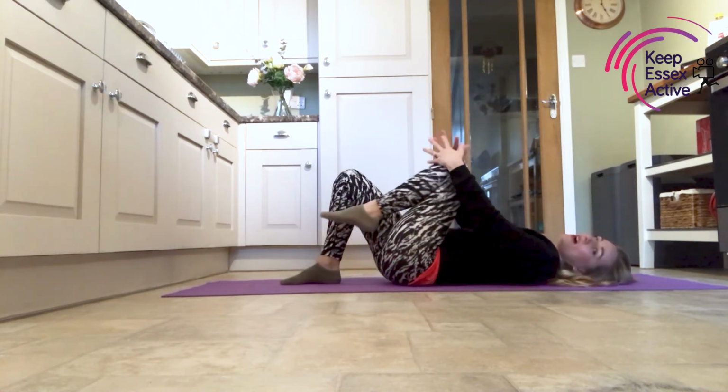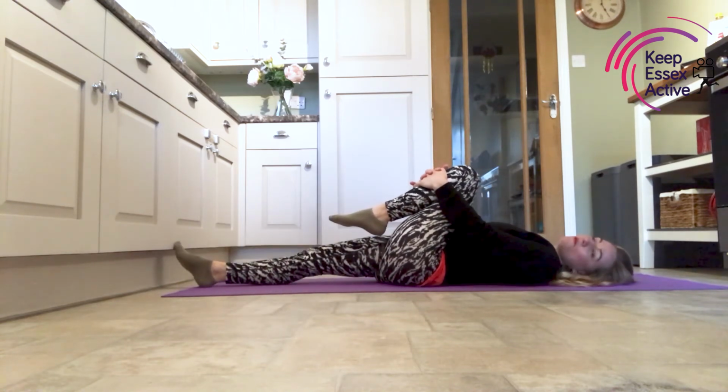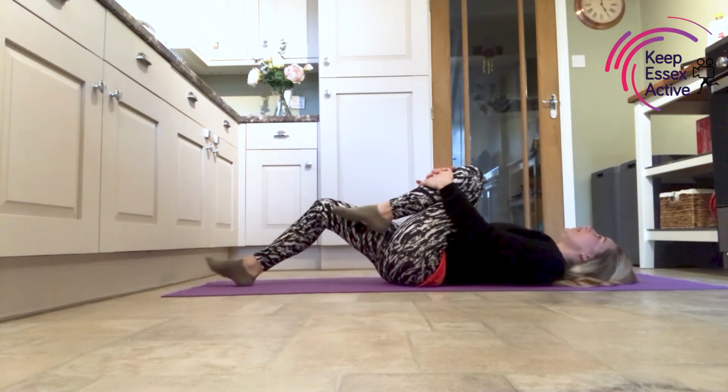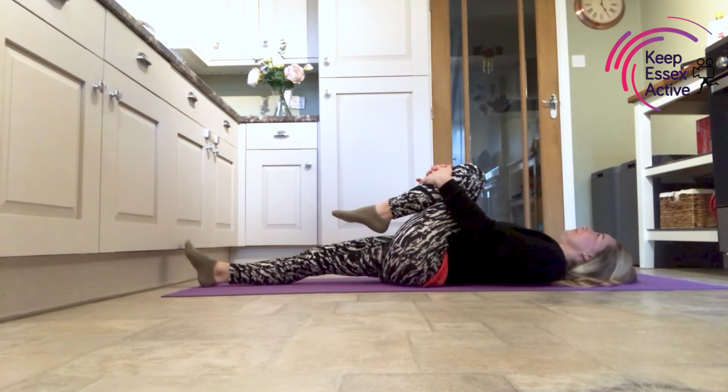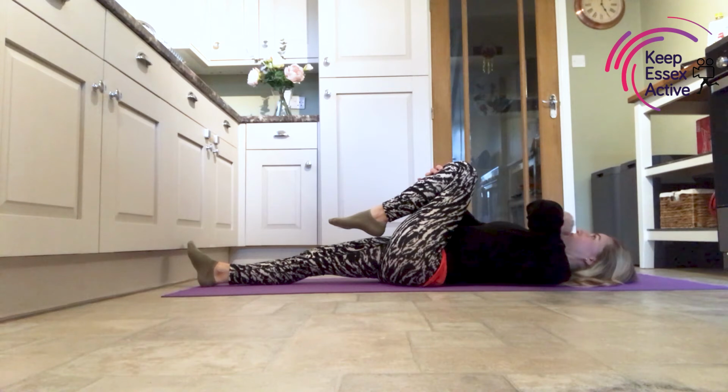So we're going to start by hugging that right knee in towards the chest. And we're going to lengthen that left leg away. Relax them shoulders down to the mat. Let that spine sink down into the mat. Make sure that neck's nice and long, so you're not bringing that chin too far onto that chest or lifting